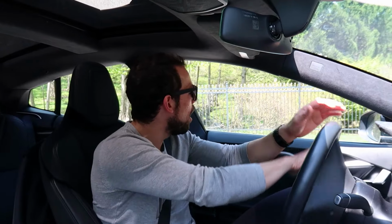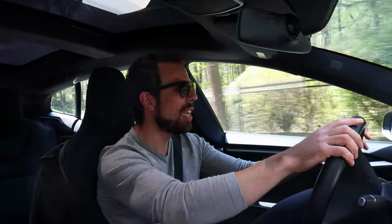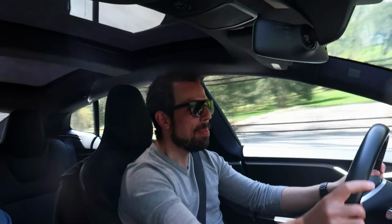Yeah, so going around the first corner, you can definitely feel the heaviness of it, but at the same time, it doesn't necessarily feel like a super heavy car. I guess that's because of all the torque, all the pickup. I mean, it gets around pretty nicely. Normally when you're in a heavy car, it's debilitating. The feeling is kind of chunky. This one is heavy, but it's still very capable. Let's just take a